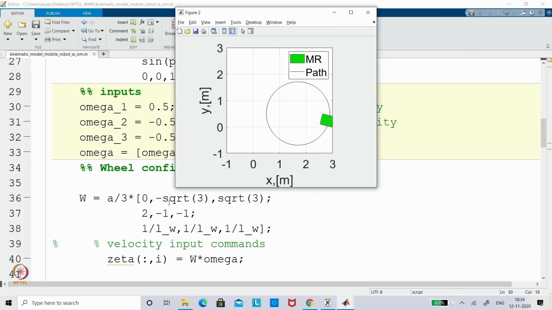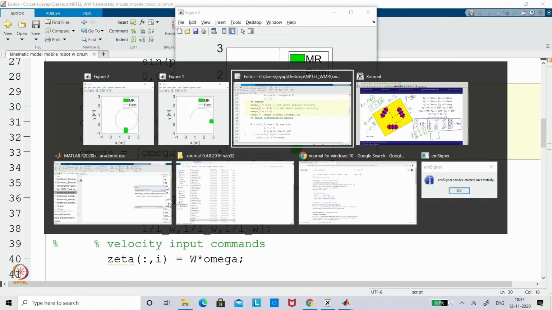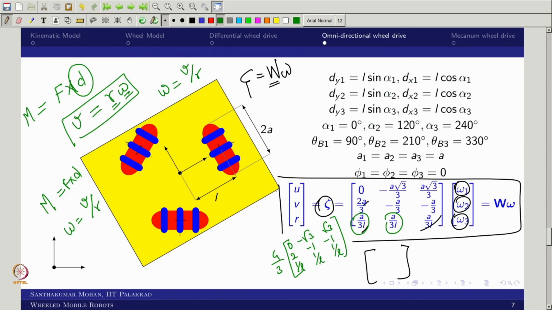What is the mathematical form? I take the W. What you want is only V, right? V is written as A by 3 into 2 omega 1 minus omega 2 minus omega 3. Now you just substituted in the other way around, right? In the sense, what you have tried, these two are equal to this, so that's what you did. So it is giving 4 omega, but what you are looking at here you did not look at, and here also you did not look at. So it's supposed to be the opposite direction, so that you can make it.